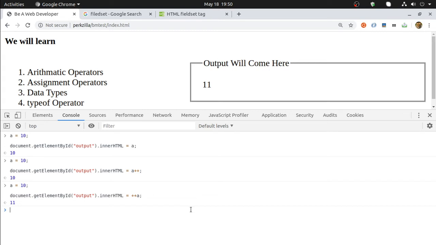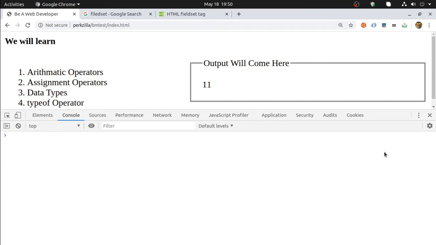But with a plus plus, no matter that I'm adding 1 to my a, first of all I'm using the value, and after using the value I'm incrementing it. So when I did a plus plus, I used the current value of a, which is 10, and that is displayed, and after displaying it, it became 11. And in this line I am first incrementing the value and then I am displaying it.